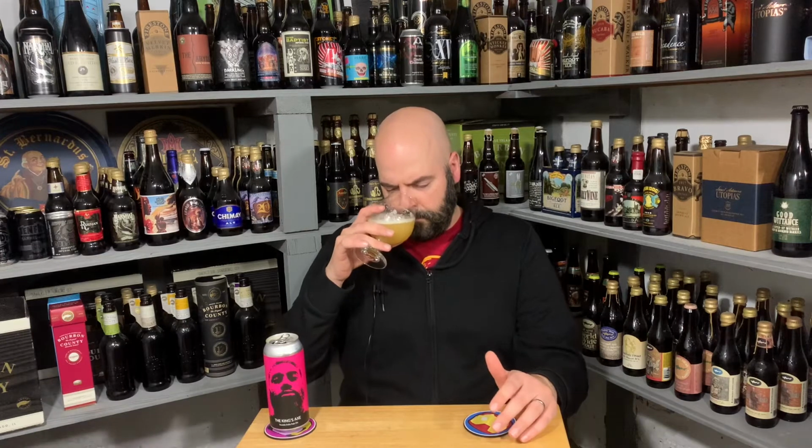Yeah, very juicy. Although I tell you what, and I don't know if that's like the order of the volume of hops. Simcoe's listed first, so I don't know if that's the dominant one. Like they use the most Simcoe and it goes down, or if it's just the order they added it. Whatever. I don't know why they put that in that order. But that being said, it is fruity, but there is that Simcoe